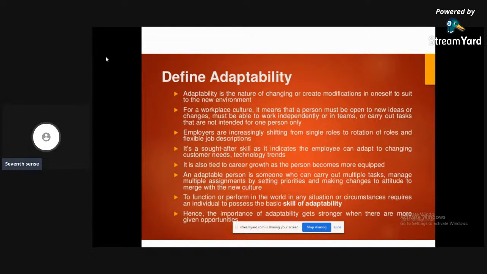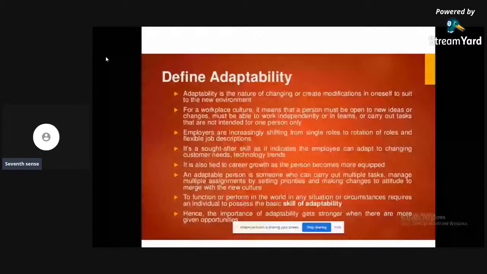So, when there is an employee who is supposed to work for a company, at that time you can't expect him to be not adaptable.